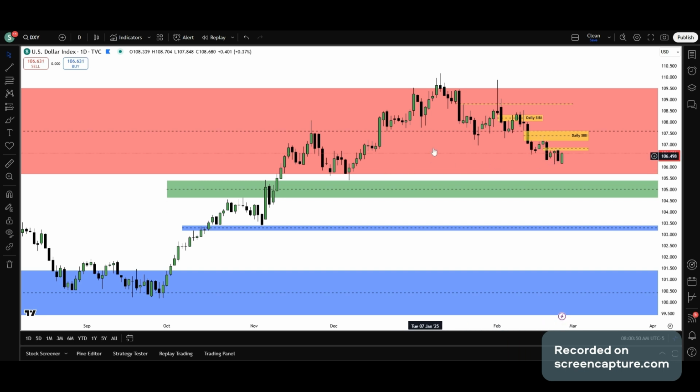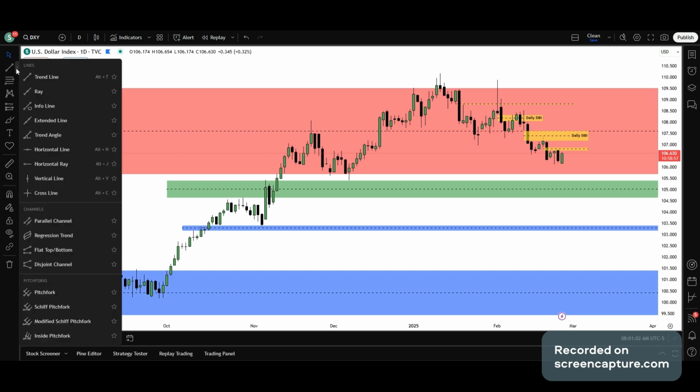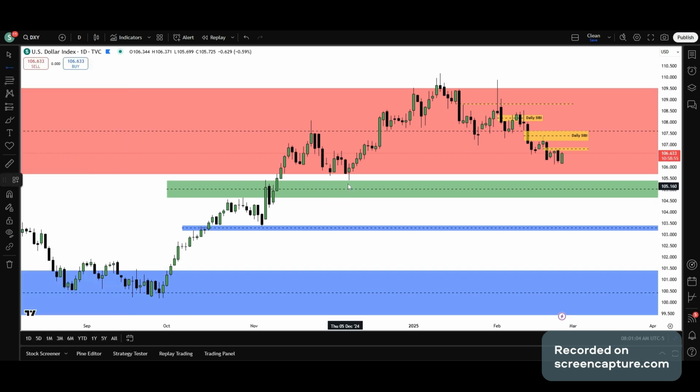Now, notice how we're still within this monthly sell side imbalance, buy side inefficiency, and the drawn liquidity is this old low. So that old low right there